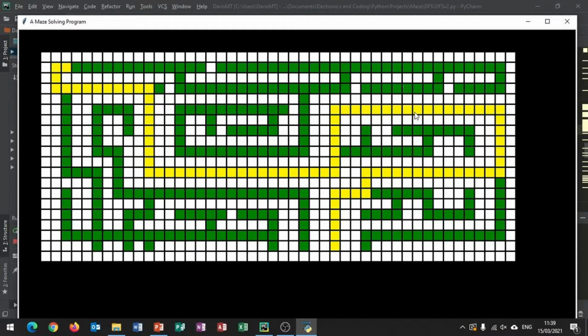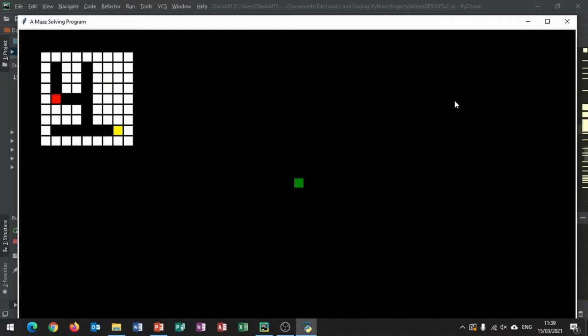Let me explain this in a bit more detail using a smaller maze, which I slow down quite a bit. The red square is the start position and the yellow is the end. When the program runs, it can either go up or to the right. In this instance, the program marks the cell to the right and explores the path up. Once it completes the path up, it backtracks to the marked cell and proceeds to explore the path to the